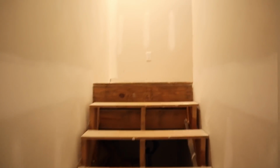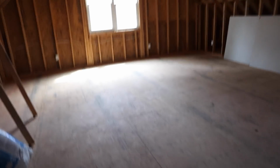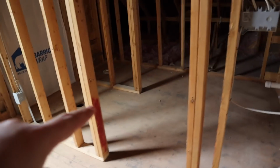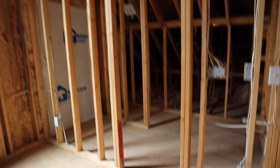So up here is unfinished. It is like a little bonus room. It's just roughed in up here. We got the subflooring, but it needs sheetrock, it needs electrical and everything. I'm not sure about the square footage up here. It's probably 400 or 500 square feet or so, and it's also roughed in for another full bathroom up here. So right now the house is 3 beds, 2.5 baths,